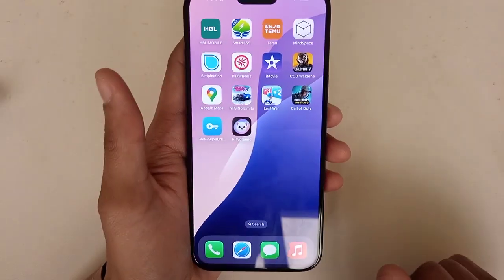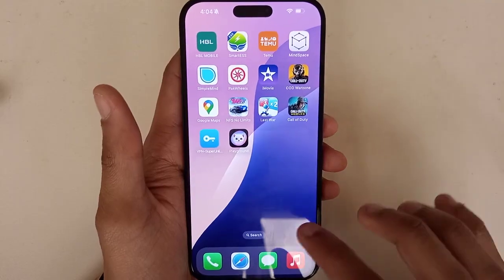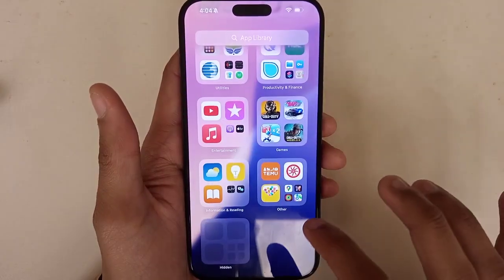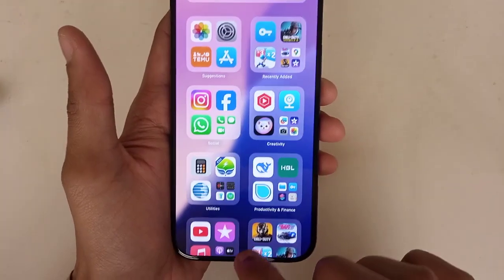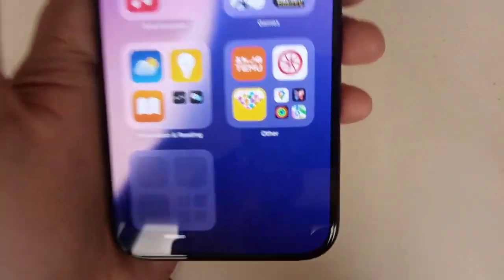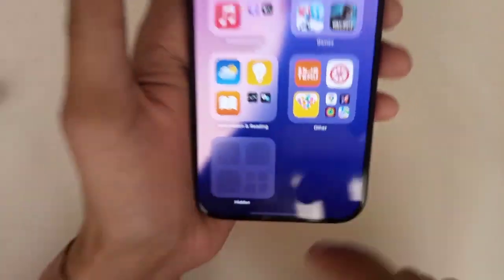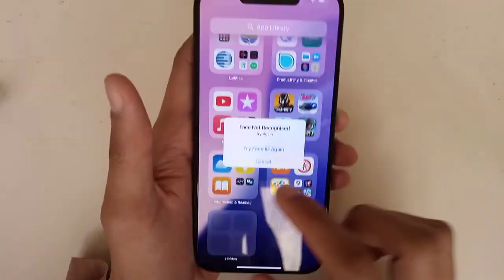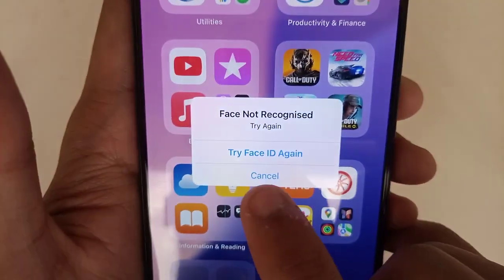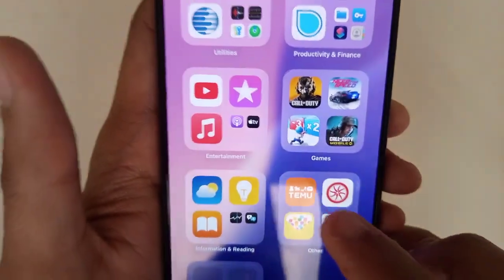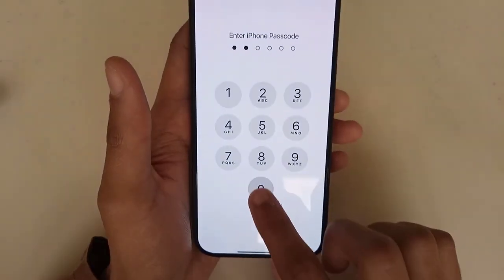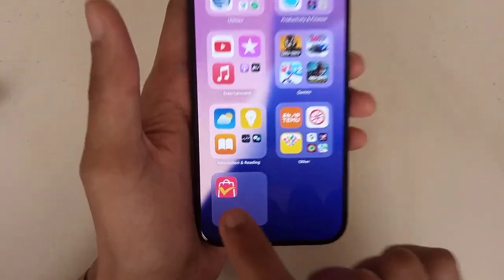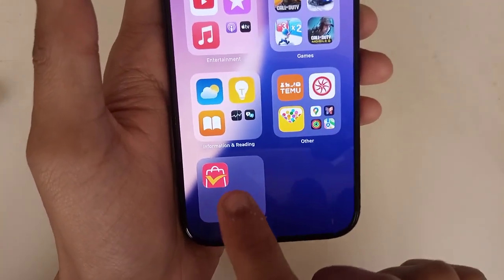your menu. Now where it actually goes, you need to just swipe again, and as you can see, once you go to here, there's an option of Hidden Apps here. Just tap on it. It will ask for Face ID again. Tap on it, provide your phone passcode, and as you can see, your app will come up or pop